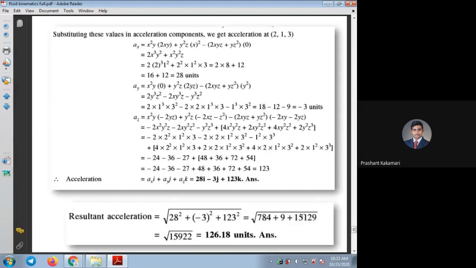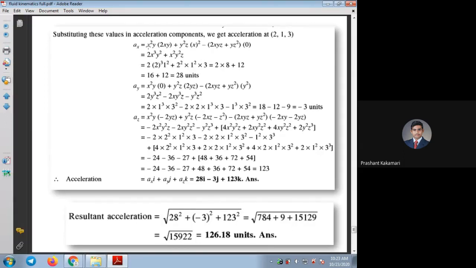Because coordinate values are also given, 2, 1, 3 for x, y, z, once you substitute all these values and sum it with the minus sign with w,